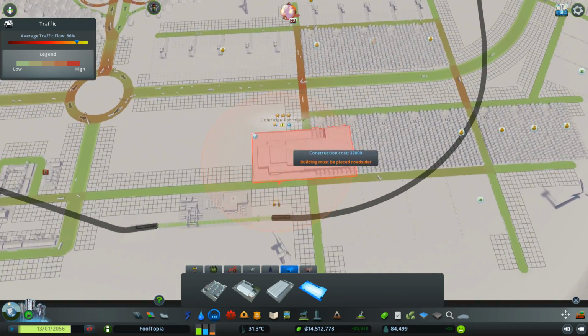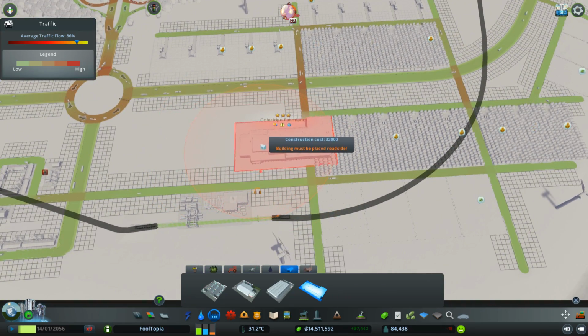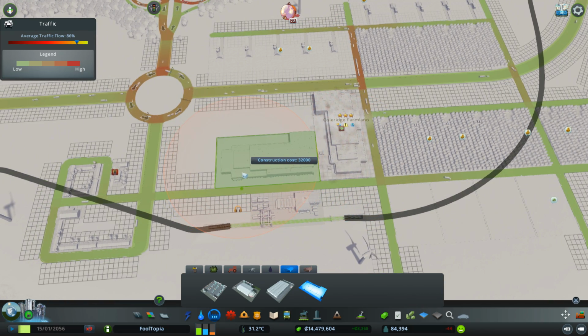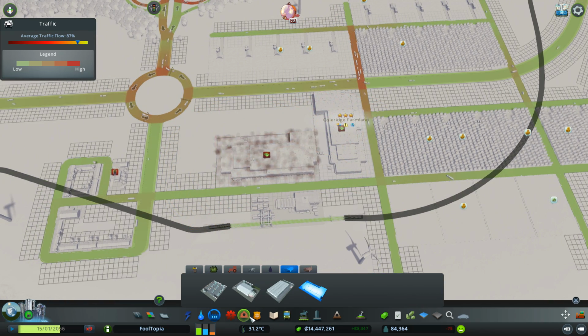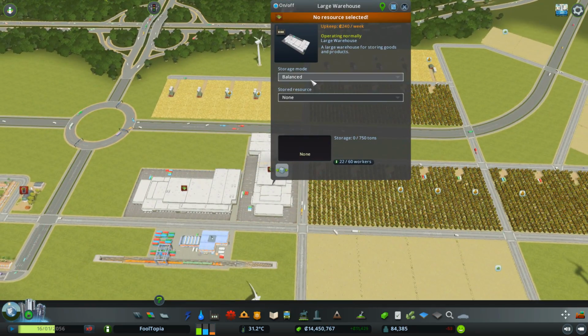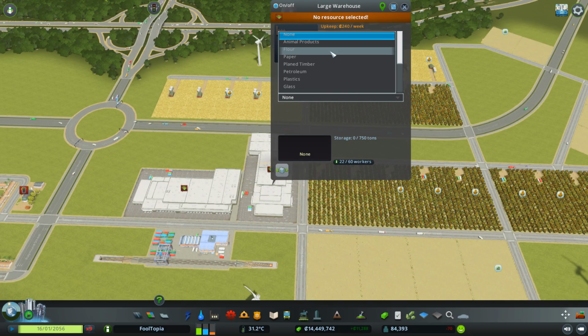We'll squeeze one just here. And one just there. So these warehouses store goods. So this is going to store...